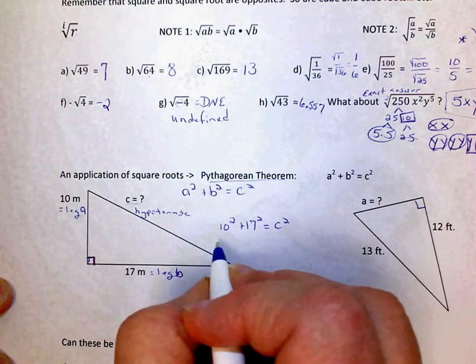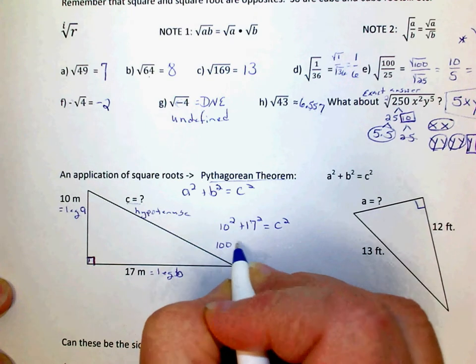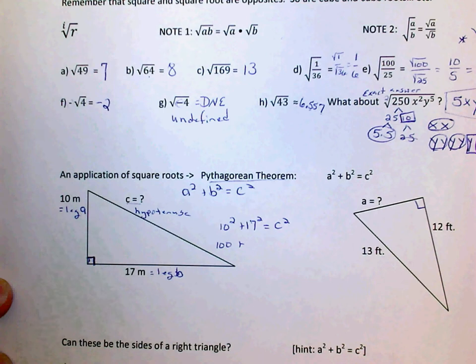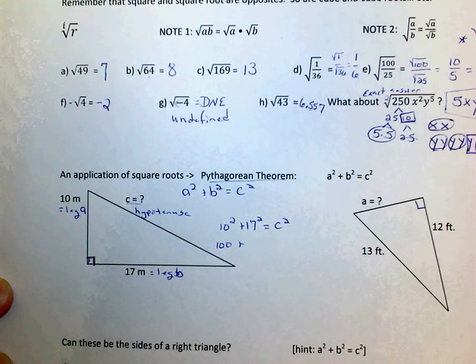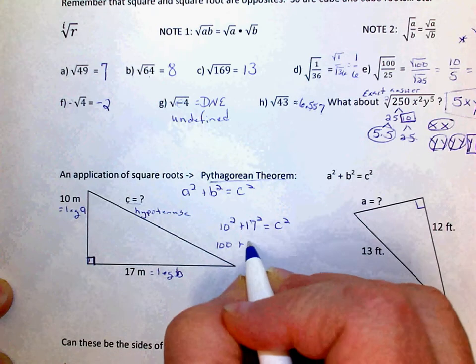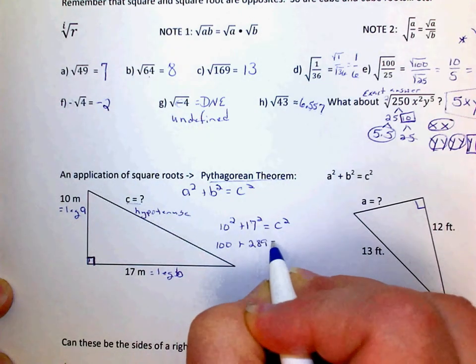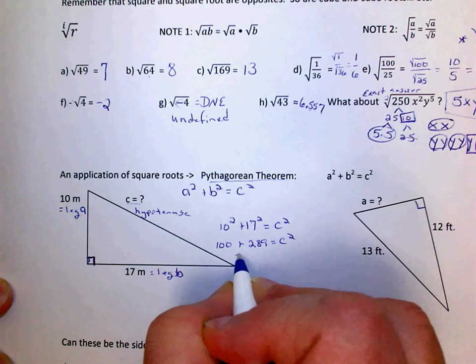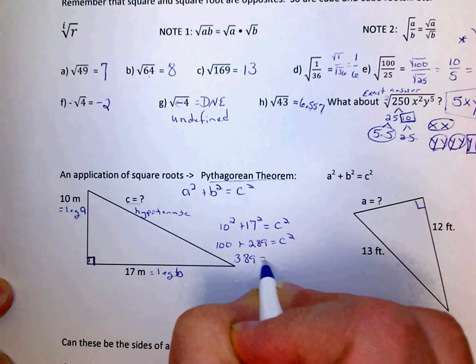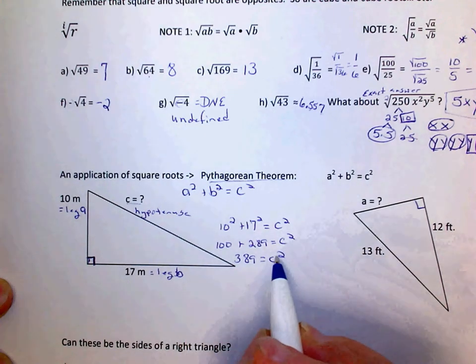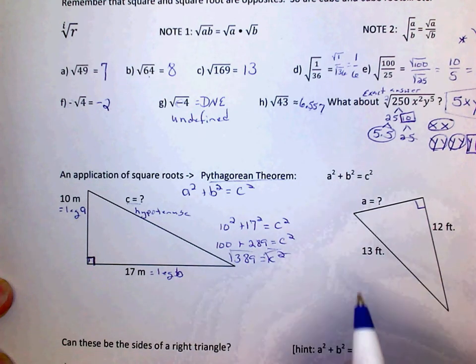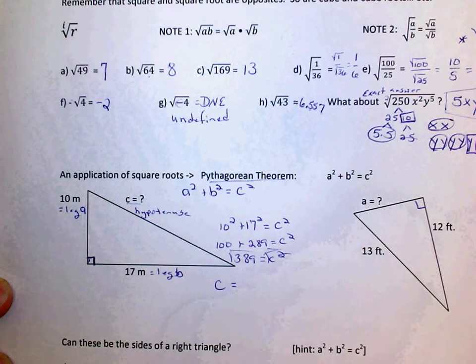10 squared is 100. And in our list, we do not have 17, so I'm going to use Good Buddy Calculator. And 17 squared is 289 equals c squared. 100 plus 289 gives us 389 equals c squared. The opposite of squaring is to take the square root. So chop chop, c equals, and I'm going to take the square root of 389,